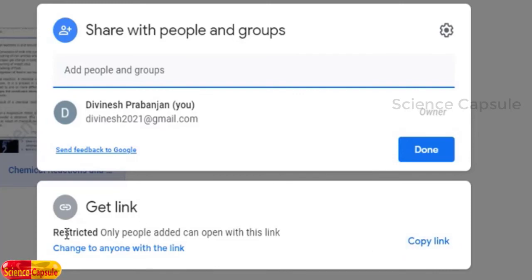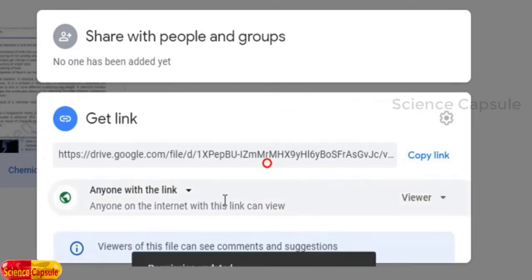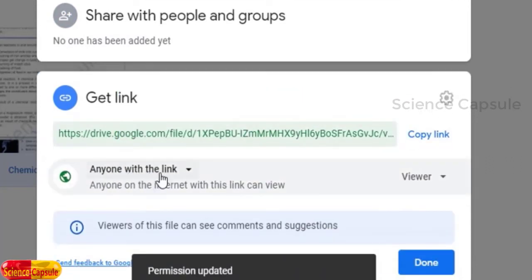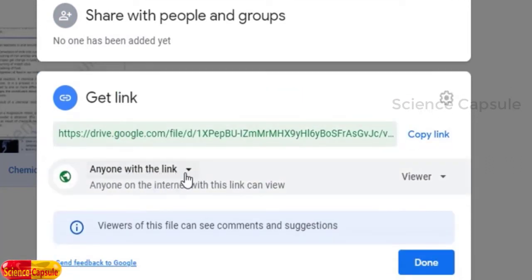Because see here, restricted, only people added can open with this link. That means whoever the person you are adding, that person can only have access to the shared link. So here a small change we have to do, change to anyone with the link. Click on this option. Once it is clicked, you see here anyone with the link can view.